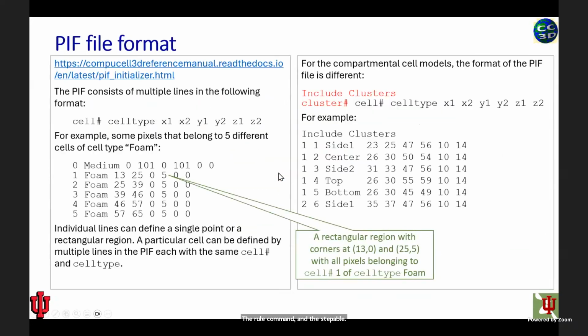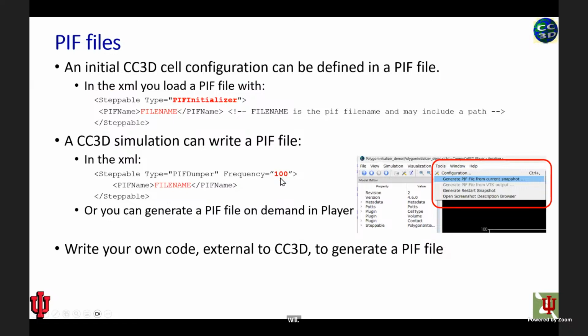Each file is only one MCS? Is only one MCS. It's every pixel in one MCS, giving you what cell it belongs to and what cell type that is. So this is a little bit more useful if you were trying to draw a complex shape. If you were doing segmentation external to CompuCell, and you had some histology image or something, and you did some image processing and you did segmentation, and now you have